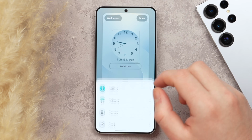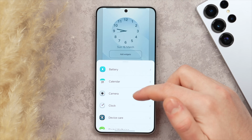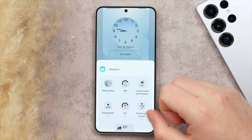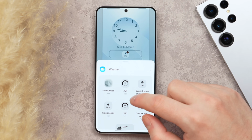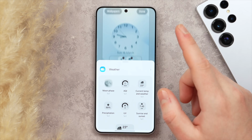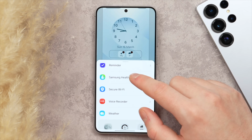And just beneath that, we also have the option to add widgets. Now, normally speaking, I like to have a weather widget. I think in London that is going to be particularly useful. So I have the percentage chance for rain as well as the current temperature. Very useful to have. Now, a new feature, or rather a new widget that we have with One UI 7